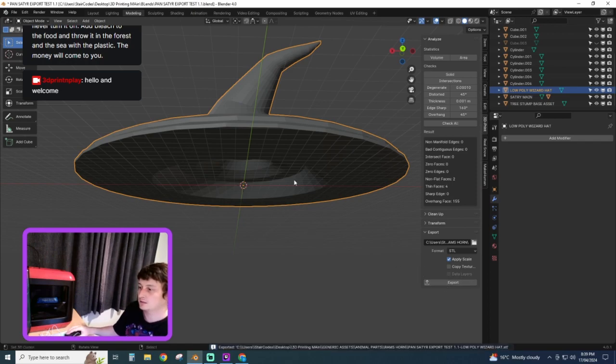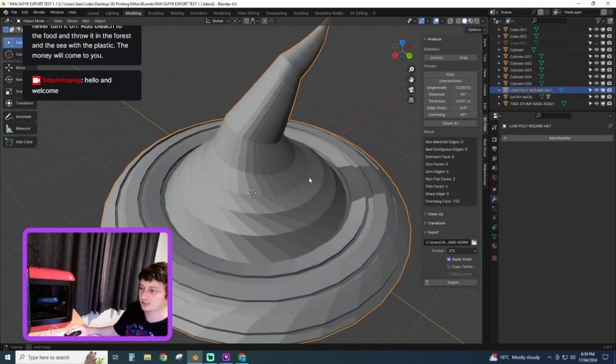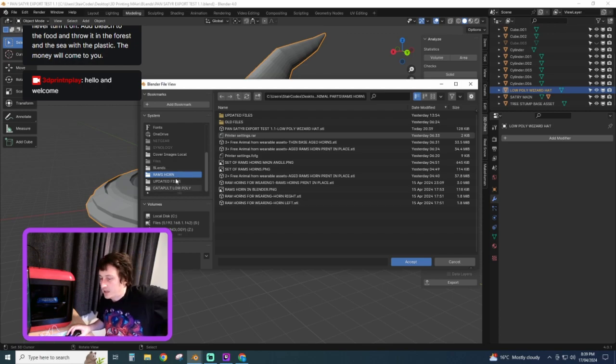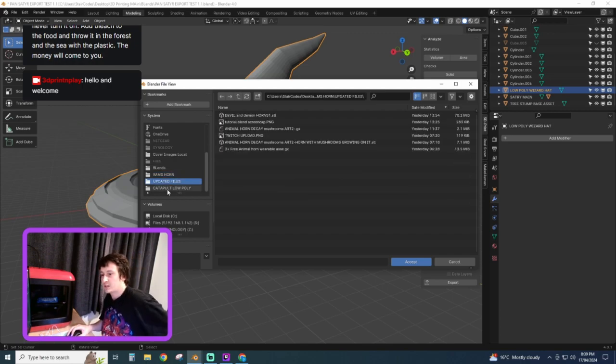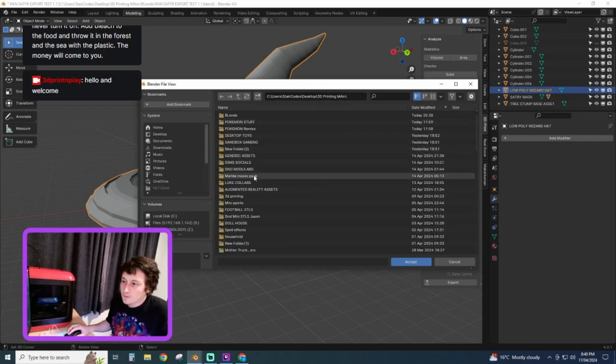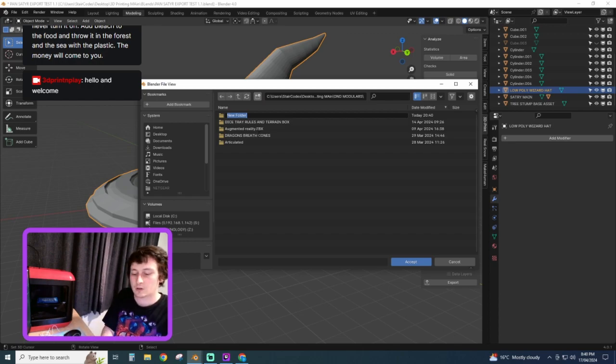And look, that's exported it to that ram's horn location, so that's cool, but I would like to adjust that location to be more broad, because I don't want it to be lost in the satire files, because the satire files are going to be huge. I'm going to go to my 3D printing main folder and go D&D modulars, and I think it's a modular because it can be put on someone, so let's go modular hats.